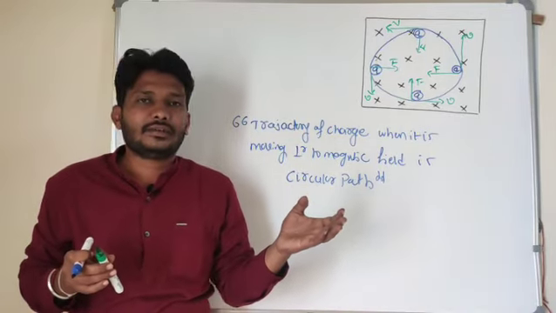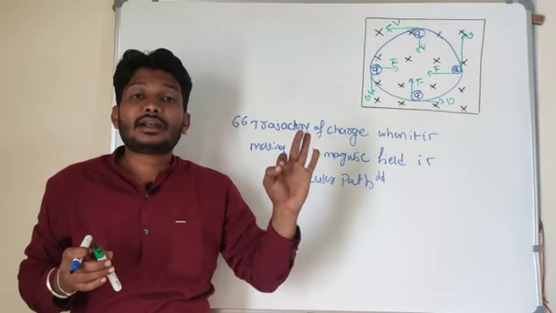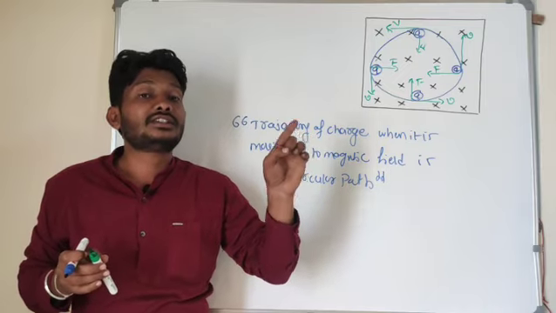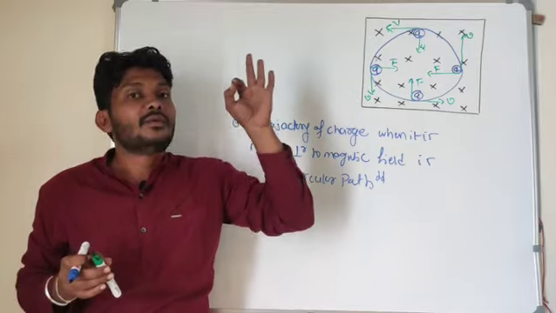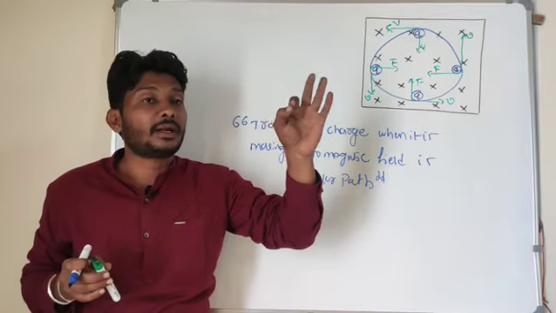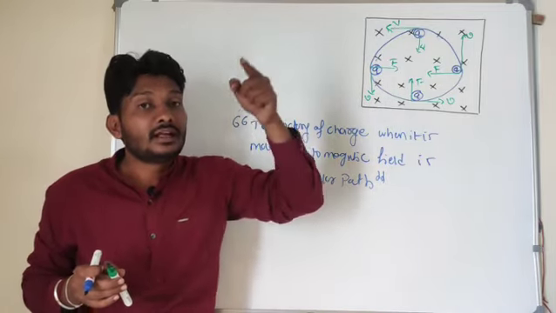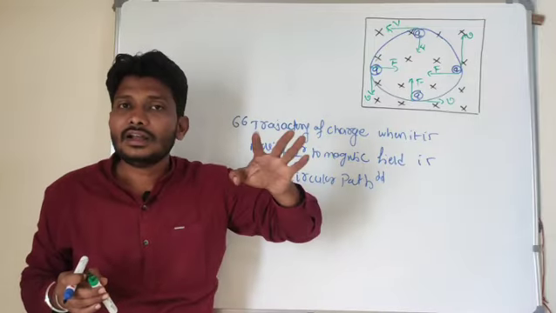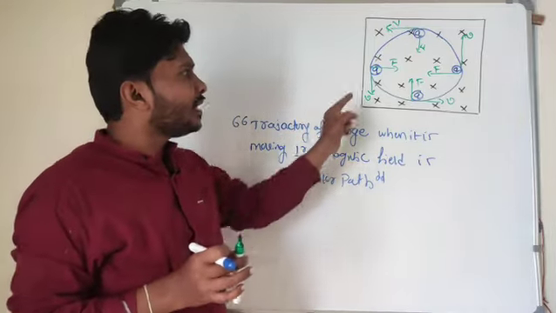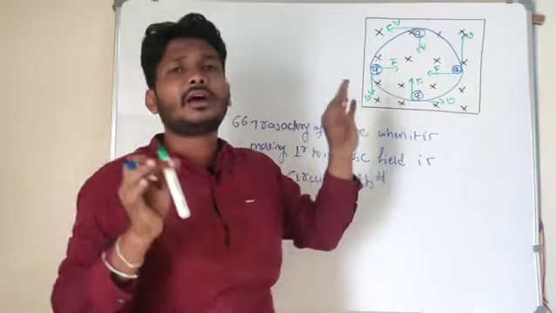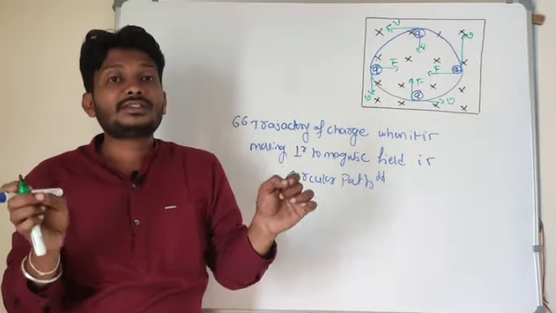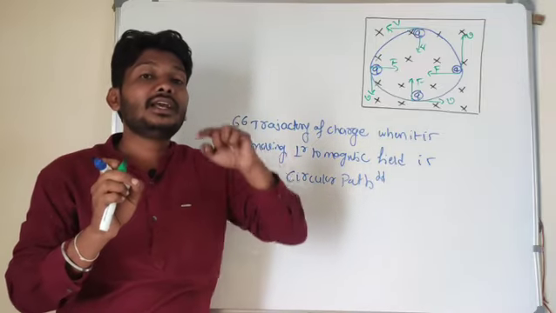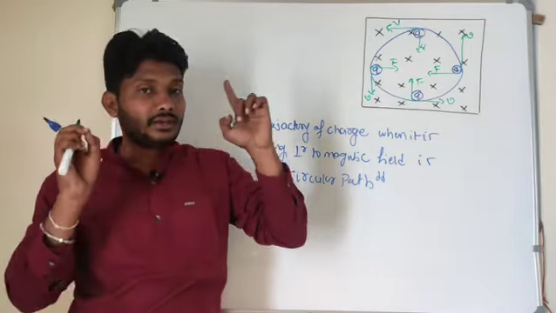For one more question they will ask: what is the trajectory of the charged particle when the charged particle is moving perpendicular to the direction of the magnetic field? When it is moving perpendicular to the direction of the magnetic field, then the charged particle is moving along a circular path, right? If it is moving along a circular path, I want to find out the equation for the radius of that circular path. Did you get my point?